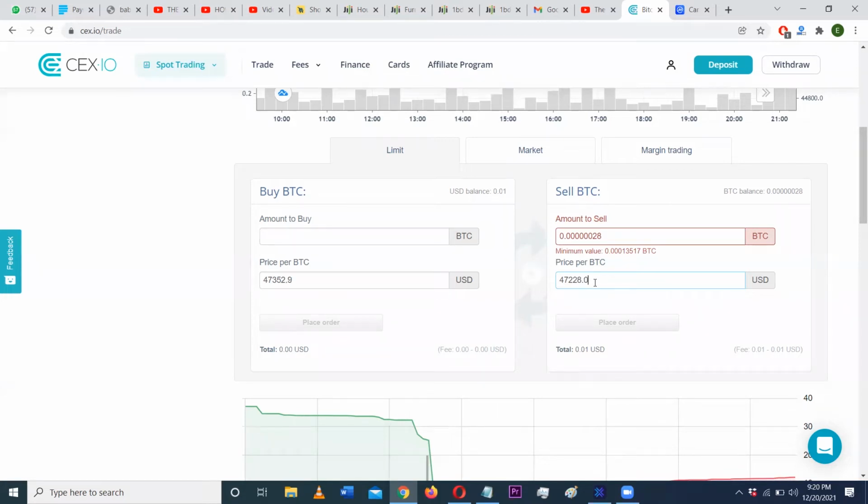But then you also get to select your own price. So you can decide that, even though everybody is selling Bitcoin at 47,000, you want to sell it at 50,000. You can literally select your own price. Once the Bitcoin comes in, I'll practice this so that you see, and then you place your order, and then what happens is